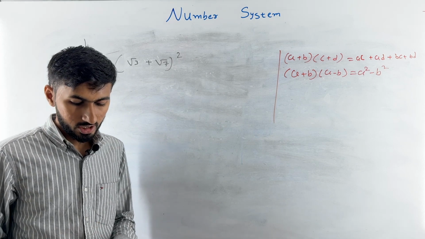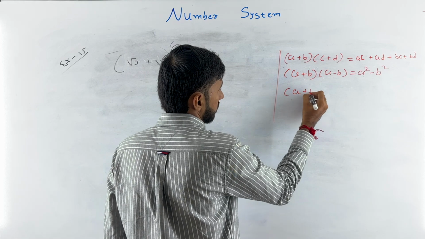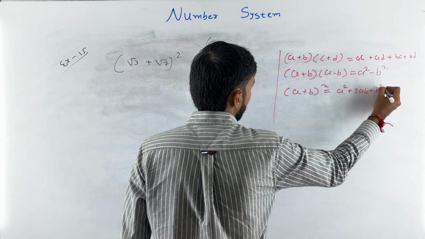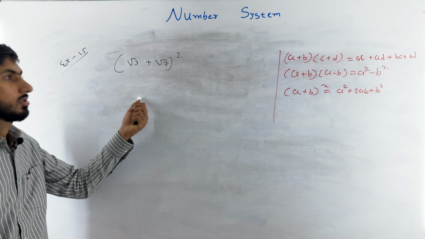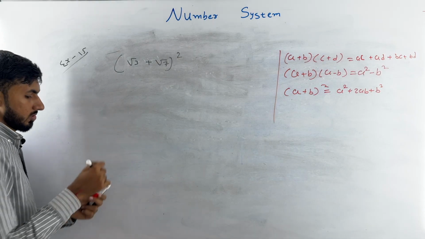Now we all know the identity. What is square of a plus b? Square of a plus b is a square plus 2ab plus b square. We will do the same process here. This is the same question like a plus b whole square, right? So our answer will be